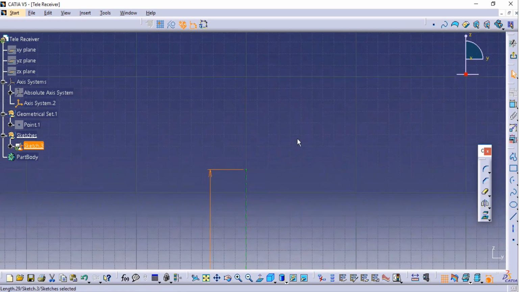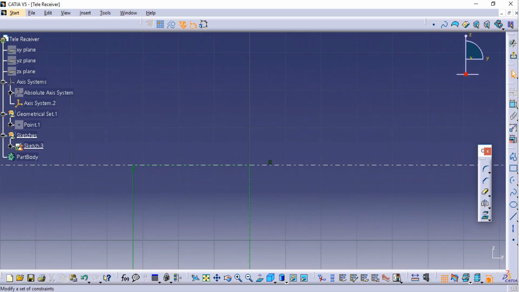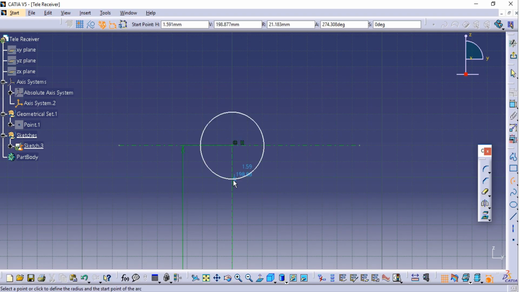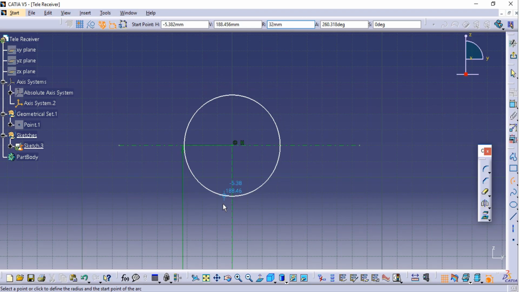And here let's make a center line, and these two should be coincident. It has become green. Now with this as a center point, let's create an arc at a radius of 32